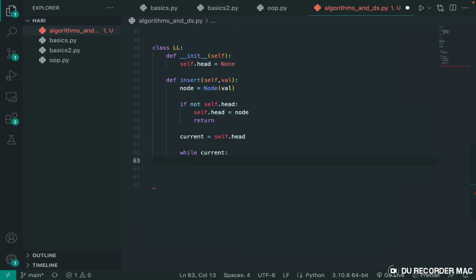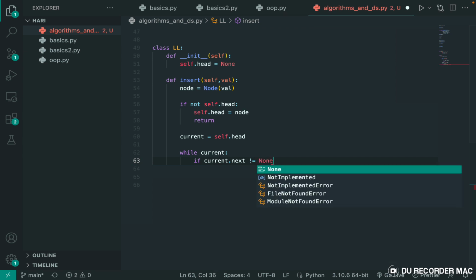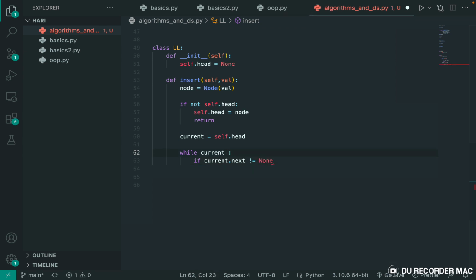While current, if current dot next is not equal to none is what you should understand it as. So here, while current not equal to none, same thing. If current dot next exists,